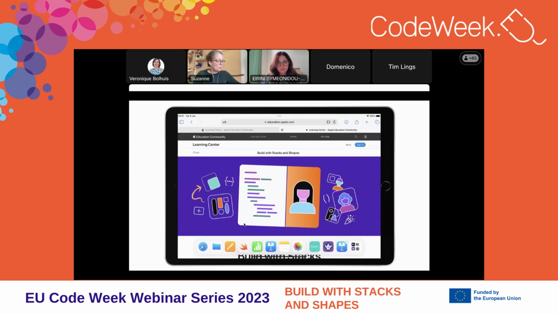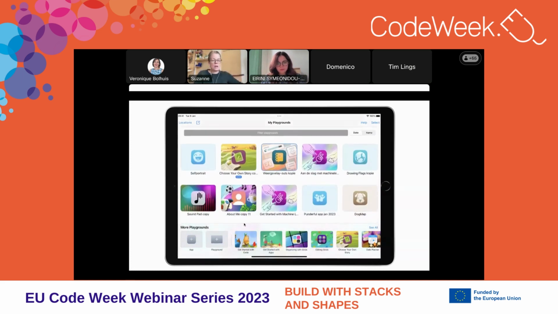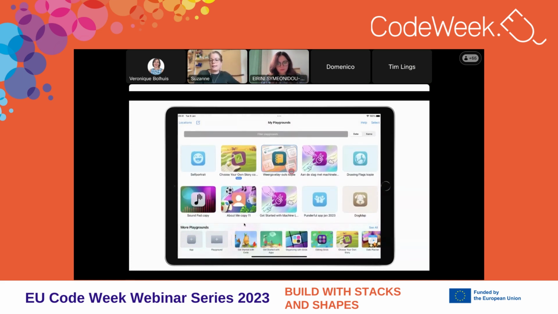But what you can do is open up Swift Playgrounds, and that's this app. So if you are opening it up for the first time, this will be completely empty. You won't have any content here. So these are all the other projects and apps that I've been working on. If you go to the bottom right here, you should see all. And when you tap on that,